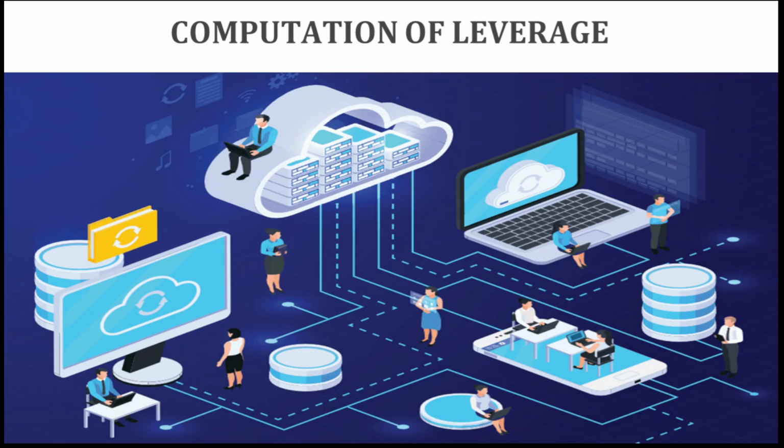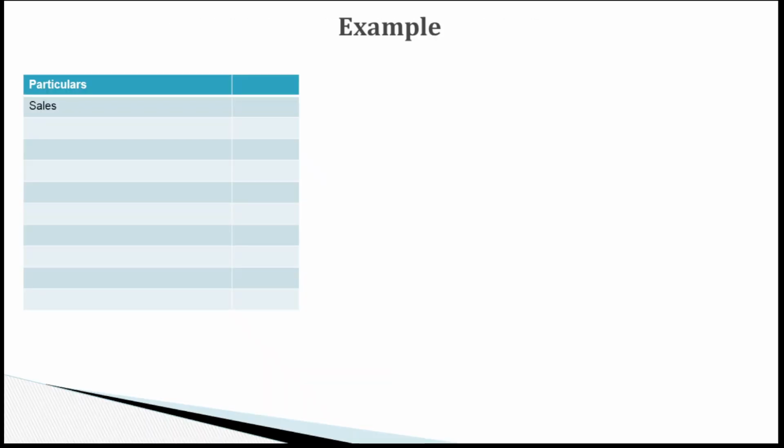In this video we are going to discuss the computation of leverage. First of all, there is sales, then we'll subtract the variable cost from it and we'll get the contribution. From contribution we'll subtract the fixed cost and we'll get EBIT, that is operating profit. From EBIT we'll reduce the interest and we'll get EBT. From EBT we'll reduce the tax and we'll get the EAT,